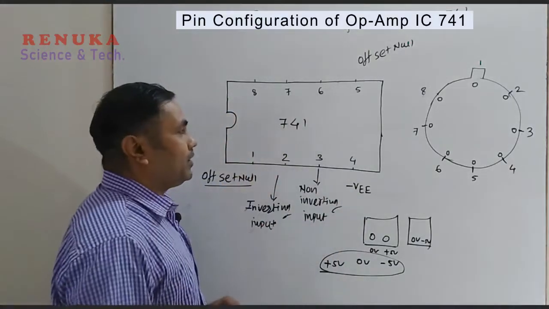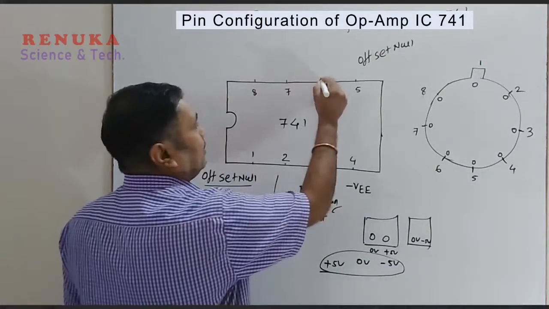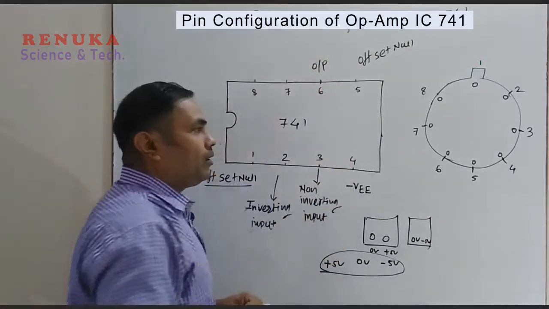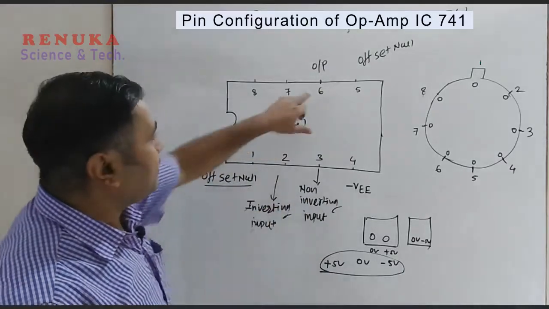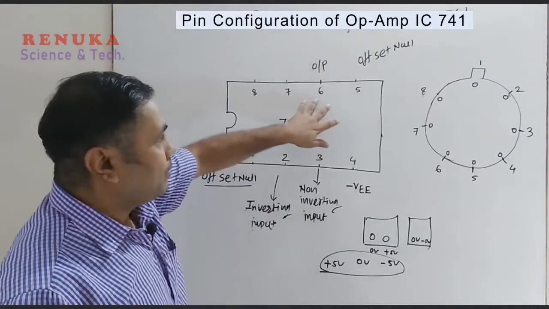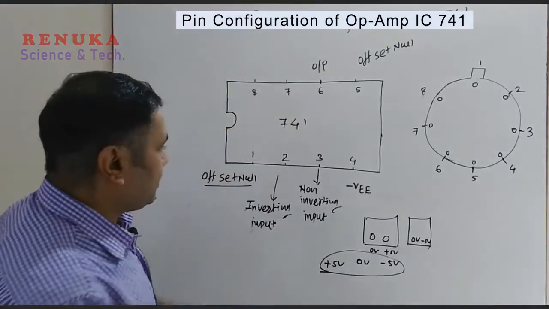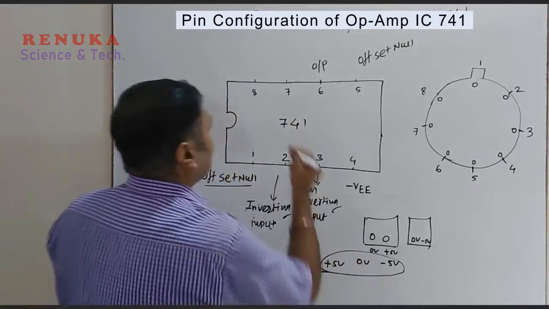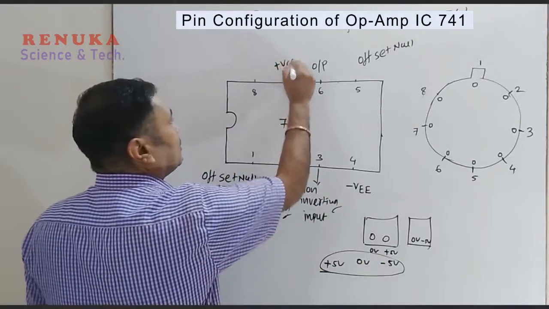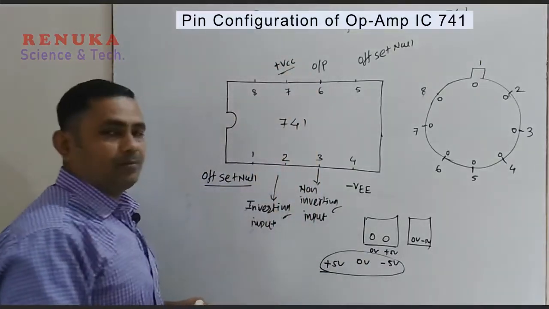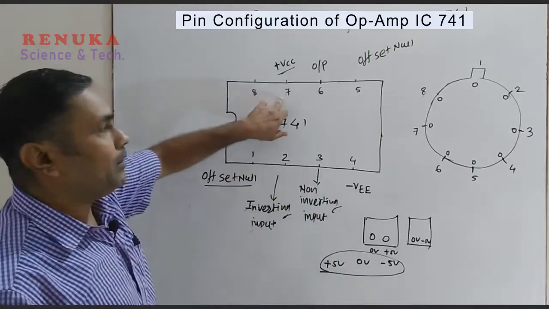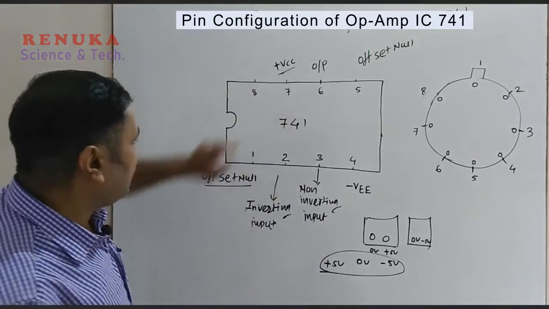Pin number 5 is already discussed. Pin number 6 is the output pin. So in the operational amplifier, output is taken across pin number 6. Then pin number 7. As we know, in the dual power supply the negative voltage is given, so here we can connect the positive voltage. So this is the plus VCC; connect the positive terminal of the power supply at pin number 7. And this is pin 8.